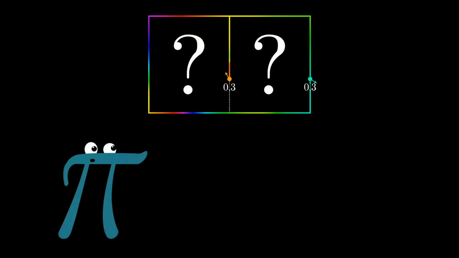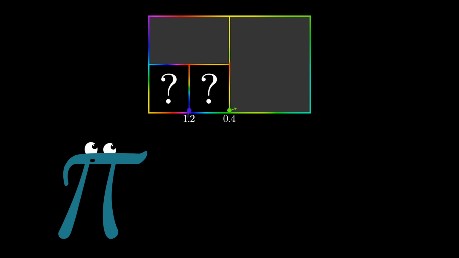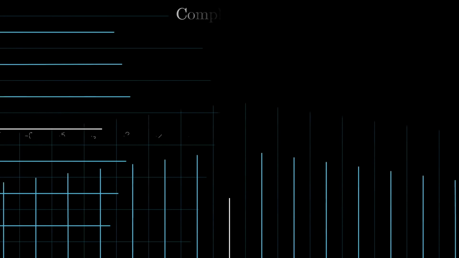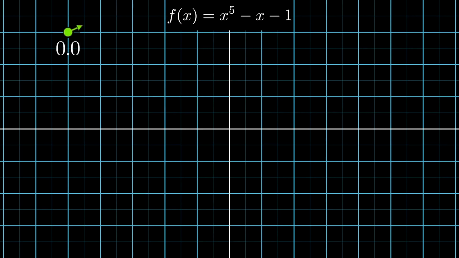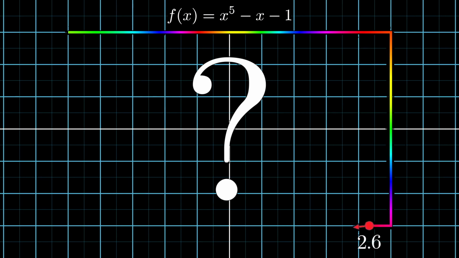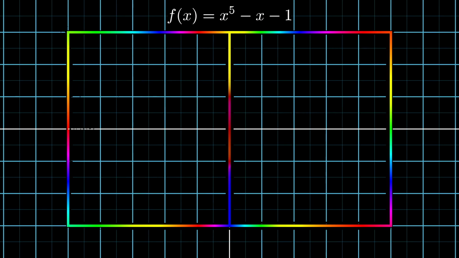Which is amazing. Now, once you understand what's going on, it is weirdly mesmerizing to just watch this in action, giving it some function and letting it search for zeros. Like I said before, complex numbers, they're two-dimensional. So let's apply it to some equation with complex numbers. For example, here's the algorithm finding the zeros of the function x to the fifth minus x minus 1 over the complex plane. It started by considering a very large region around the origin, which ended up having a winding number of 5.